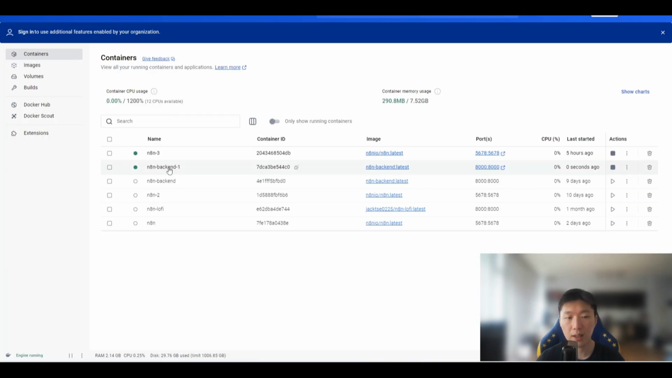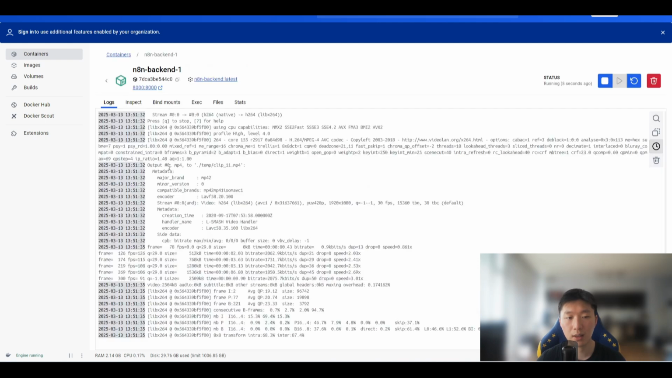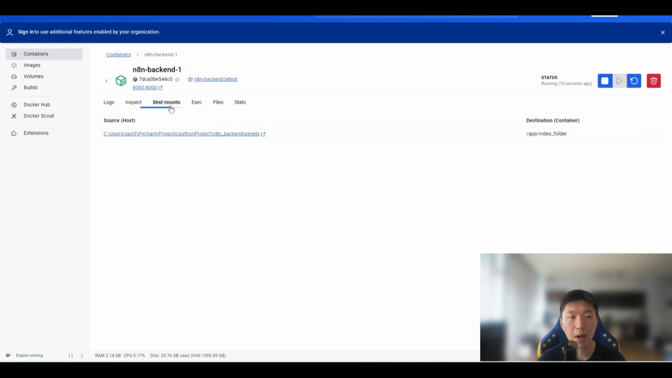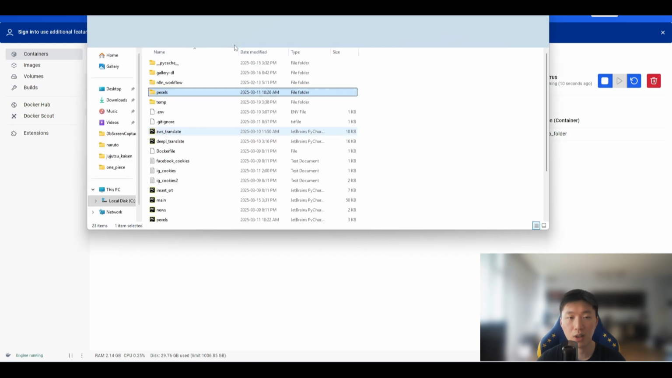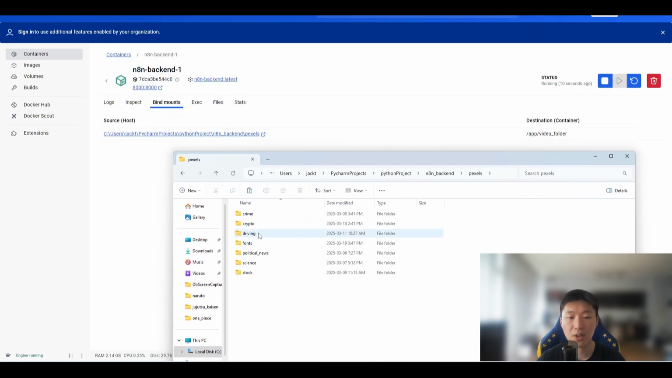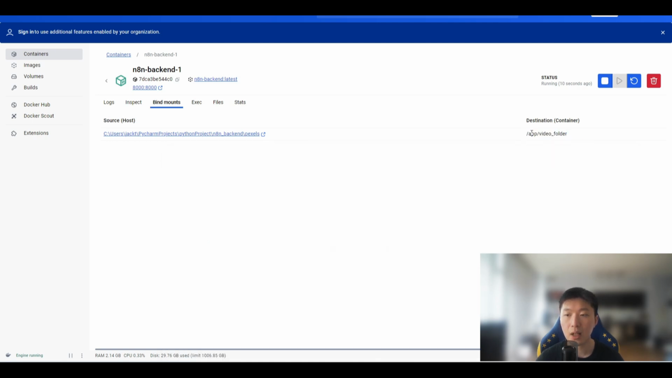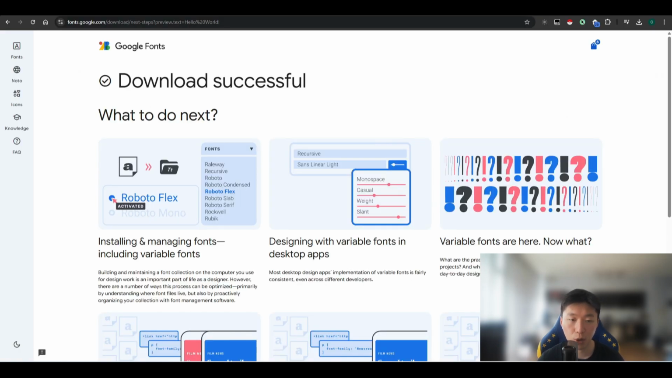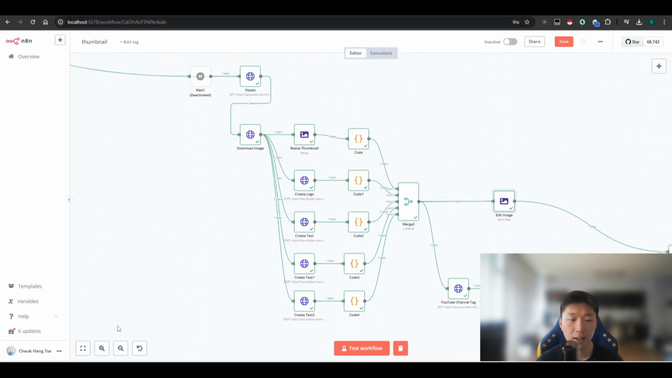So once you have your N8N backend turned on, then you can click on it. Go to bind mounts. In here for the source, you can click on it. Then you will see you have all the files in here, which is showing you that we are going to share these files and folders to Docker. And for the destination, we have app video folder. So all you need to do is just recopy app video folder, go back to the N8N workflow,